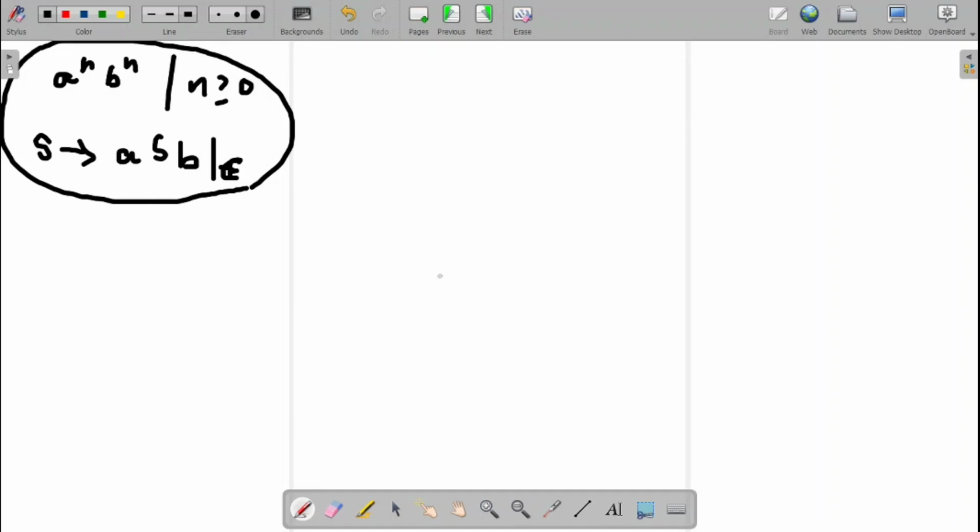Now let us take the same example over here. I want to write the Yacc program to recognize this input, that is, to recognize this language. We can call this a language.